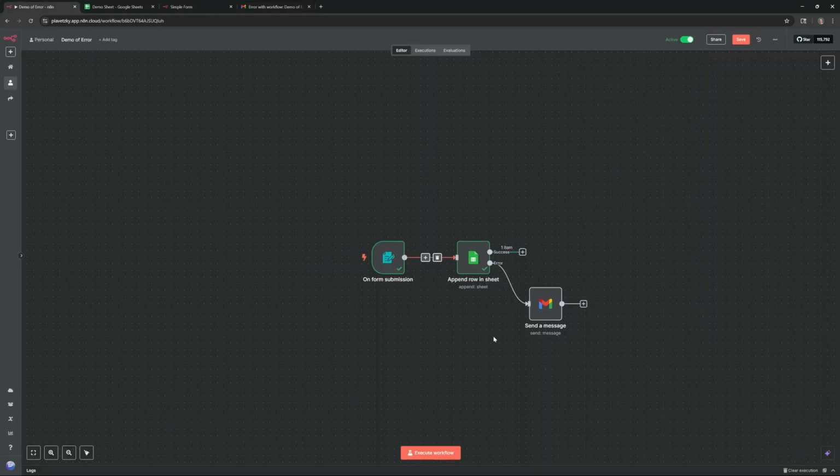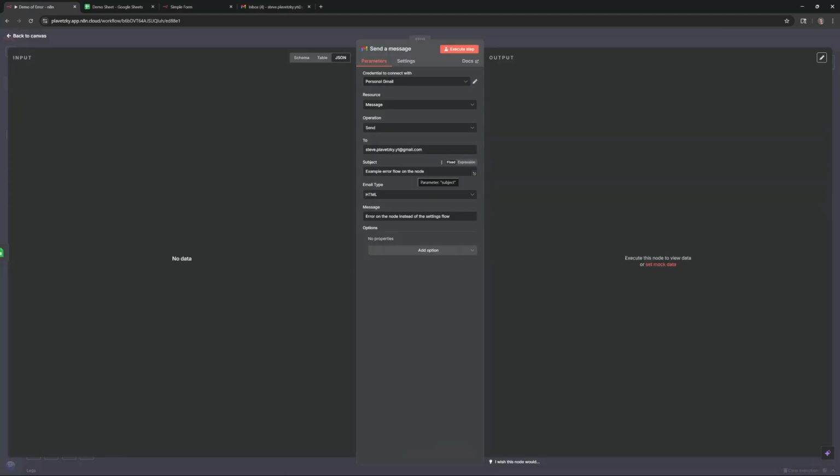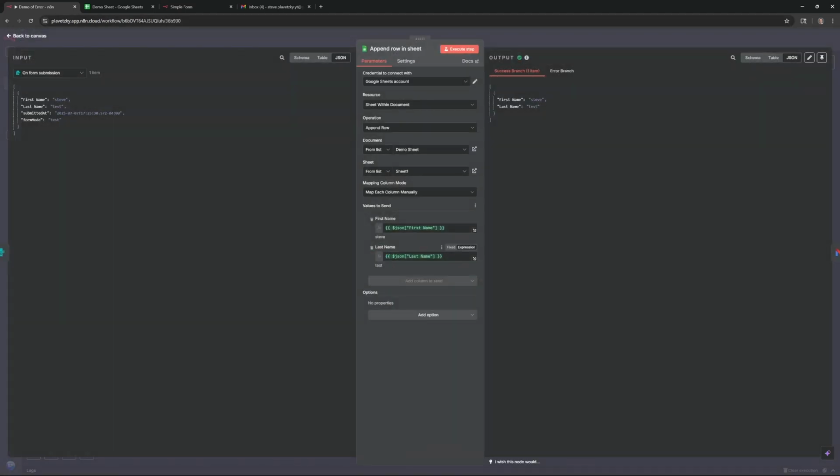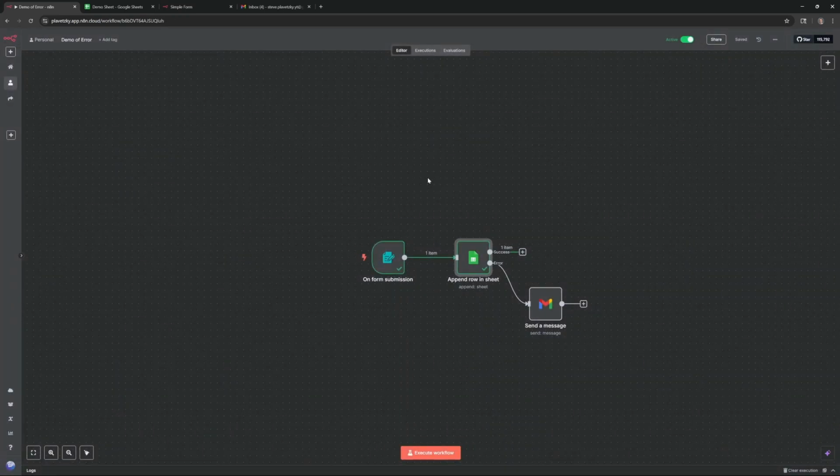Okay, so now what I did, I added the send an email directly to the error flow. I just have it different from the error flow I showed earlier. This is different just to see which would take precedence first, like this one that's on the node or the general one that's on the workflow. So if you look on here, it's still set up for last name, and we're getting that alert, so we at least know that it's correct in the fact that it's going to be broken.